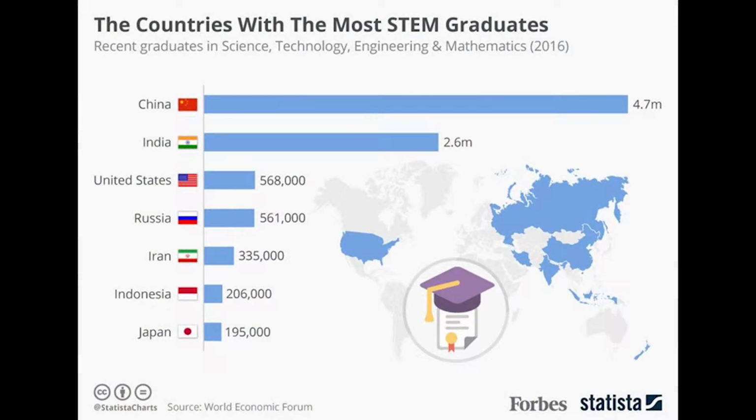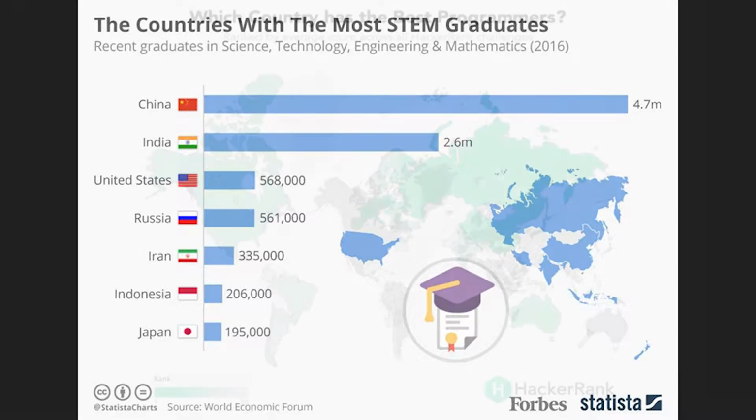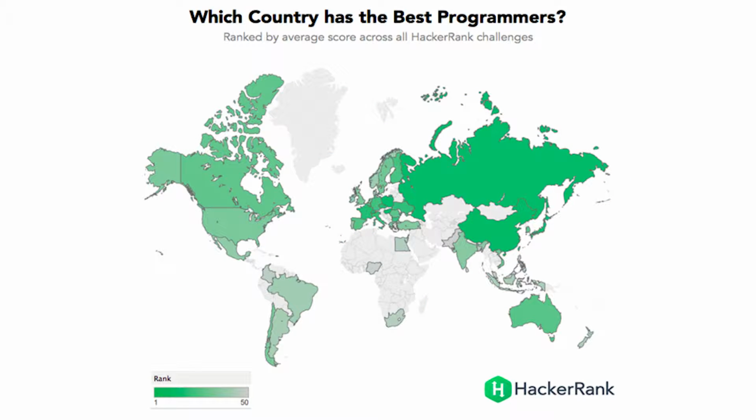So the answer is we have to look worldwide. Looking at this graph, it's interesting to note that China has 4 times the US population but 9 times the number of STEM graduates. Looking down the list, you can see that China, India, the US, and other places like Russia, Iran, Indonesia, and Japan are generating a lot of computer science graduates, which means that there's a large pool of talent outside the US itself. You can see that North America is not dark green. It's not at the top of the list. And that little country in the lower right-hand corner, the continent Australia, is actually doing better than the US.